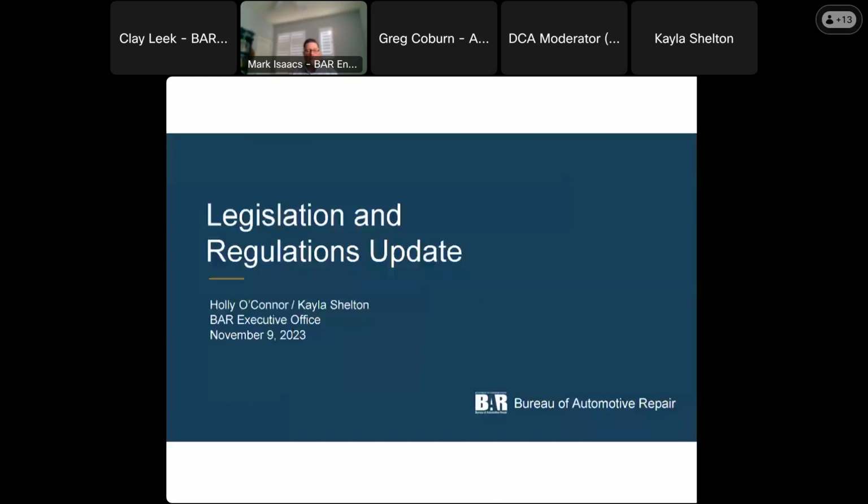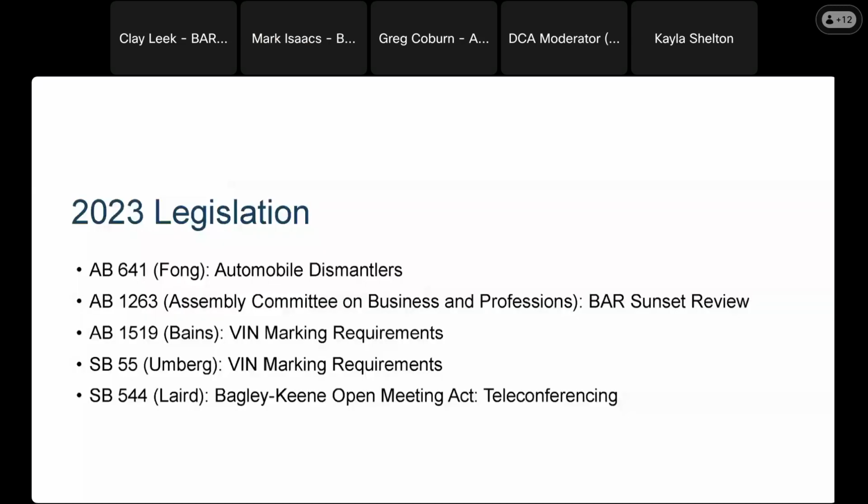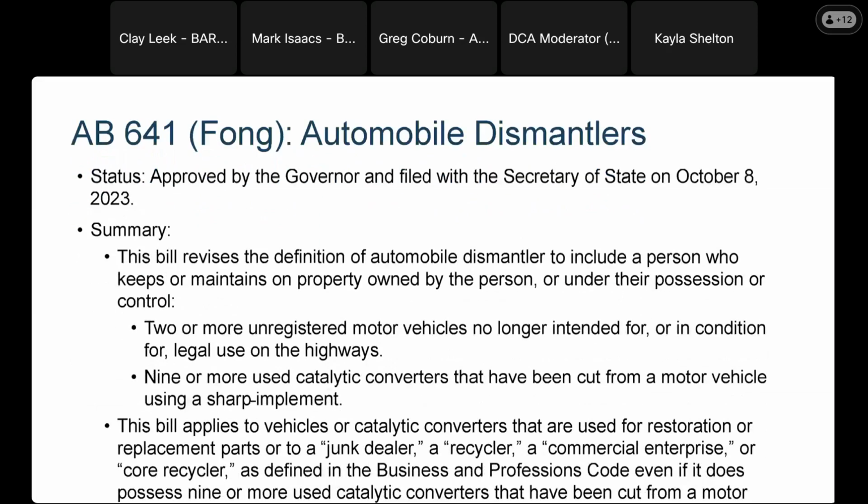So this is really just a regurgitation of the presentation that we gave at the Board Advisory Group meeting. The first thing we'll discuss are all the 2023 legislative bills that BAR was tracking that have been signed by the governor. We're going to start off with AB